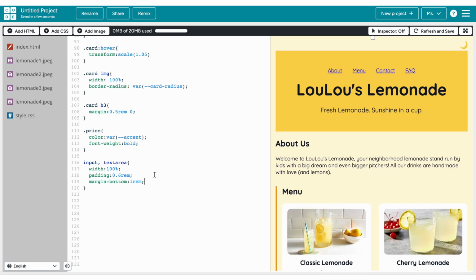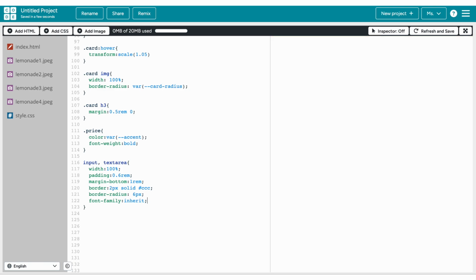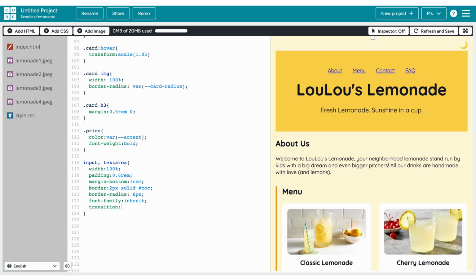And then let's do a border of 2 pixels, and give it a solid color, so solid #CCC; And now let's also change the border radius and give it 6 pixels, and the font-family will be inherit. And let's give it a transition so the border color will be 0.2 seconds;